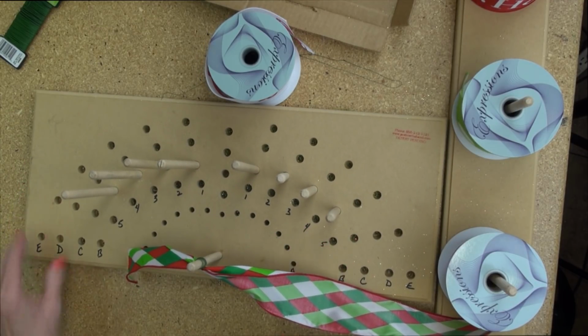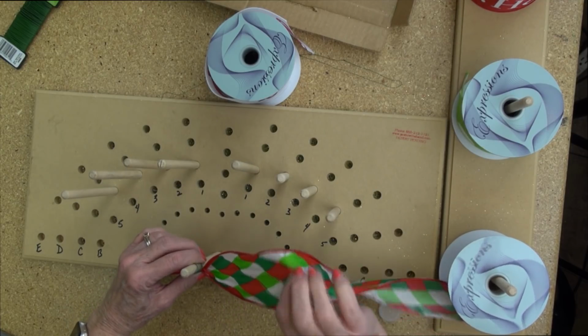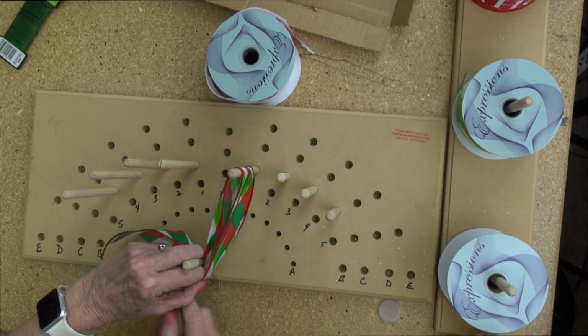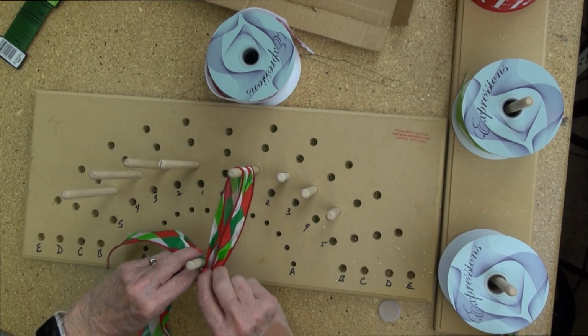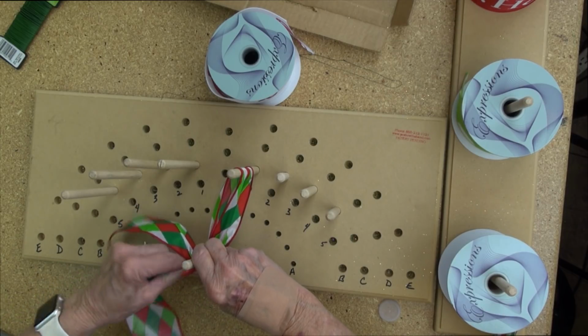So now I'm ready to make my first loop. So I've got my right side up. I'm going to go around that first loop, come back to the center, come back right to where I attached that ribbon, and I'm going to pinch that together. I'm going to press it right there, hold it. I'm going to twist that tail